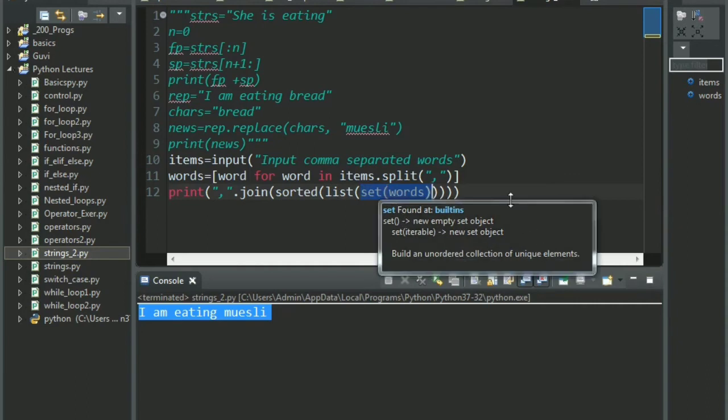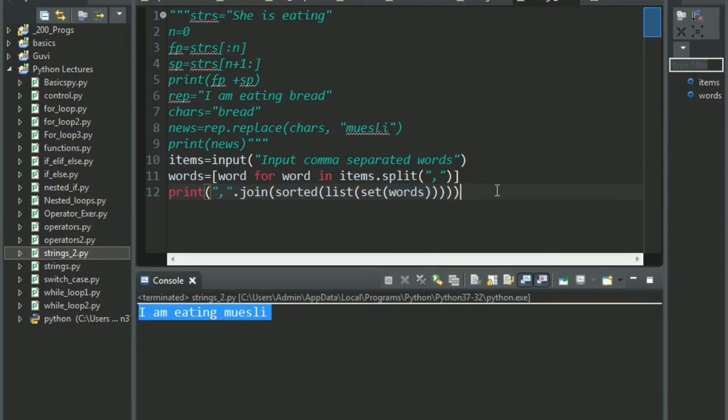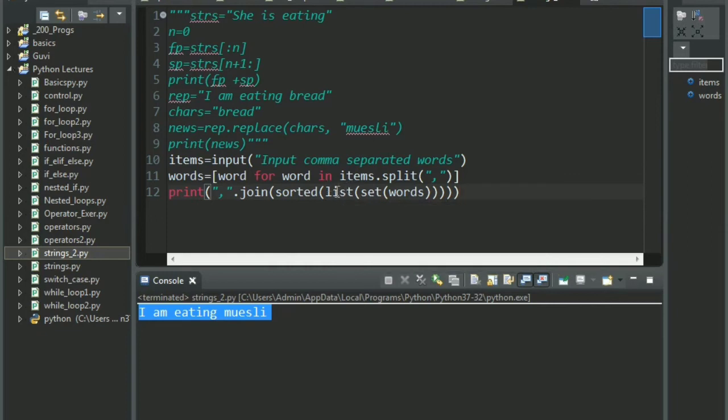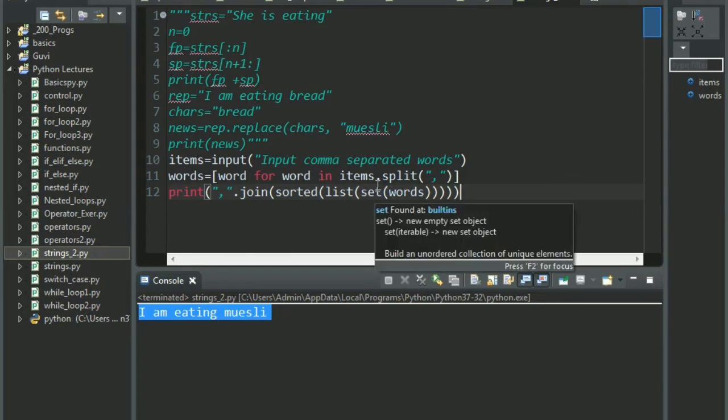You are not allowed to have repetitive values. So the function set does this action for you. Now I have the function list. Now why list? Because we basically want to pass the words list inside here. So instead of saying just list of words, we are saying list set of words. Why? Again, because we are removing repetitive values.